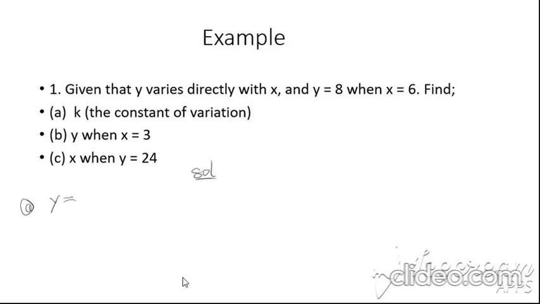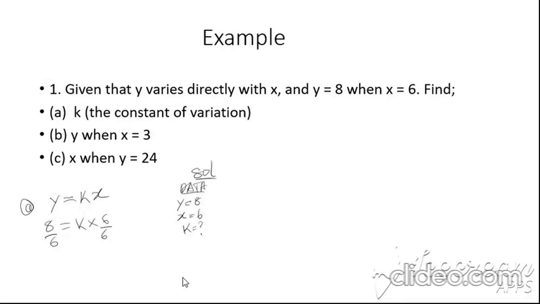Given that y varies directly with x, how can you write this as an expression? You start with y is equal to k x. Before you write x, there must be k in front of x, like that. Once you do this, then you're safe. Now what's remaining is just to substitute. The question is saying y is equal to 8 and x is equal to 6, and you're looking for k, which you don't know. So let's now substitute. Now your y is